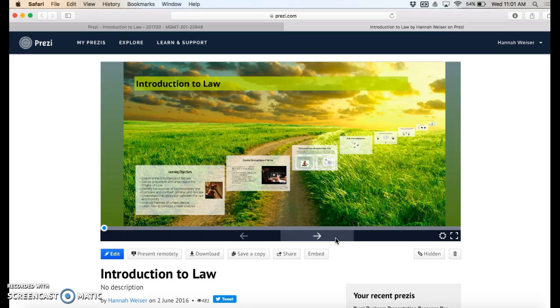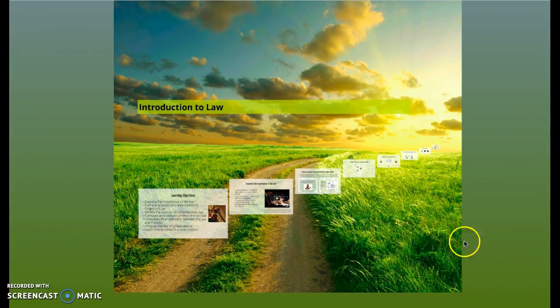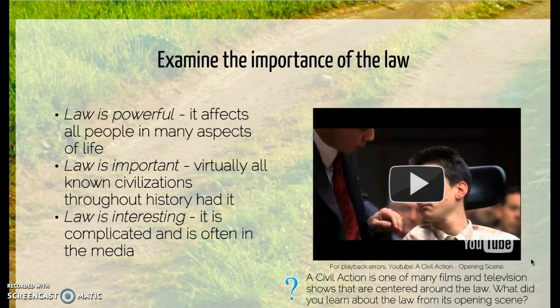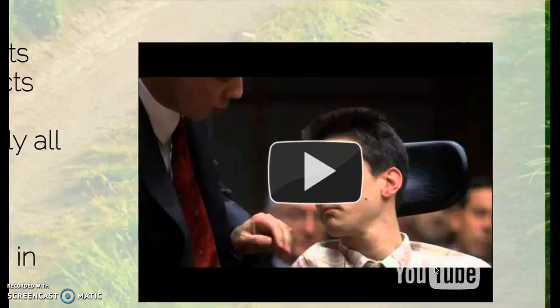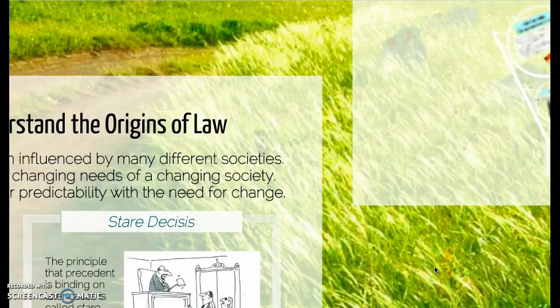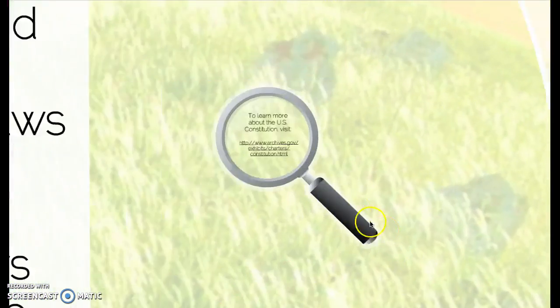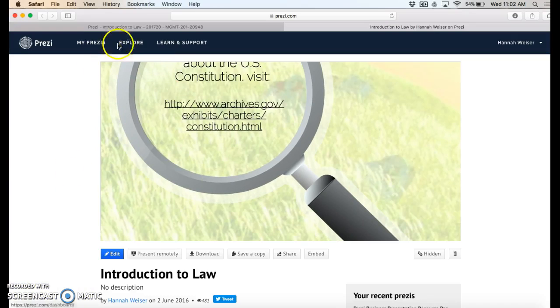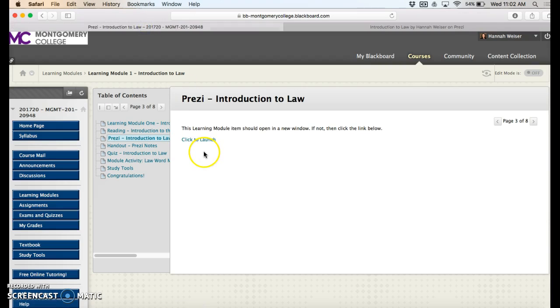These are really important for any of the assignments and exams in the class. I give you key highlights from the reading as well as additional information in these Prezis that you don't want to miss. So if you click this button here, it'll make the Prezi full screen, and you can use the right and left arrows to go forward and back. You'll see always the learning objectives for the course. You'll see videos from the course. If there's a playback area, you'll see how to access that video via YouTube. And you'll also see access to various links and things throughout these so that you can access additional information. For example, here you'll see the US Constitution accessible. So those Prezi overviews will be a really helpful tool you'll want to utilize regularly in the class.